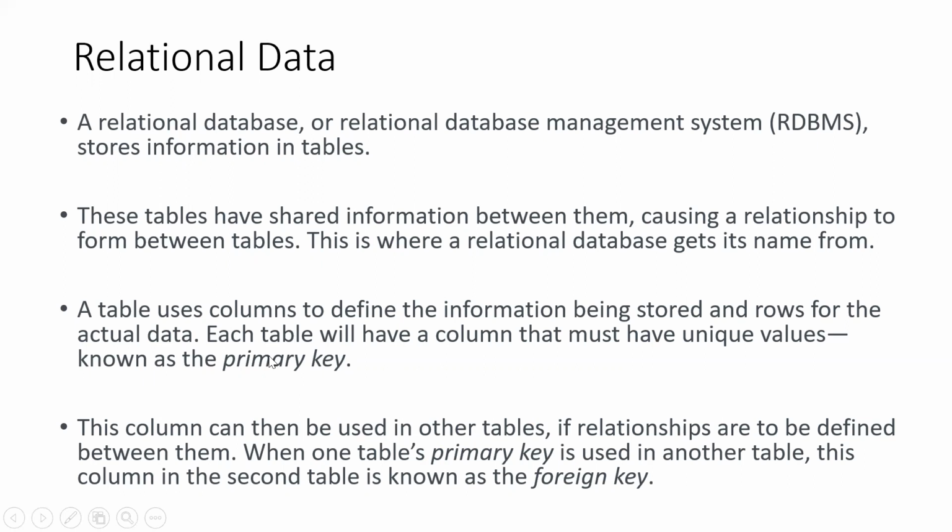So how do we set up the relation? There is the statement over here. For a particular table, we should have a primary key. For another table, we should have some foreign key. So there is some join operation between two tables where we can set up those relations between two or multiple tables. Since we are able to set the relation between tables, that is why it's called relational data.